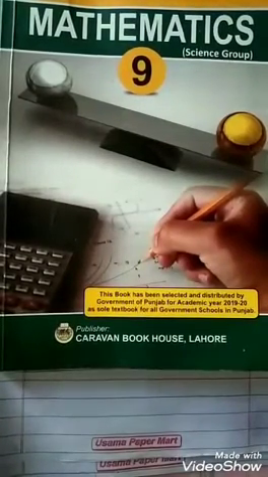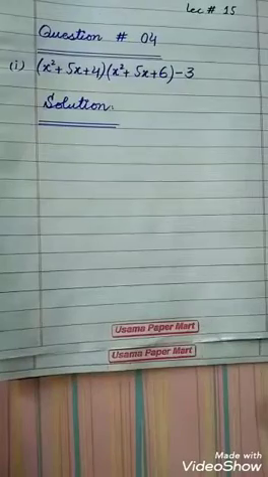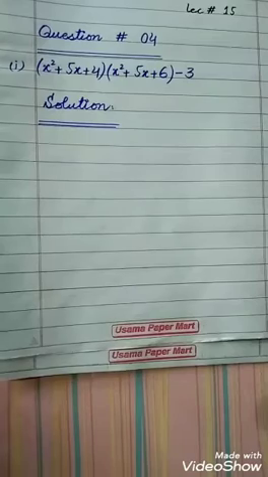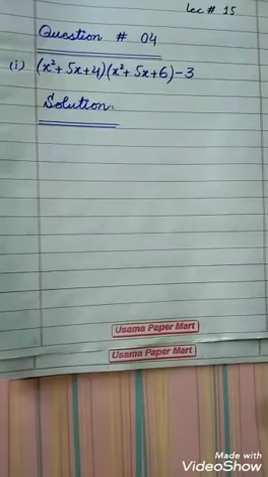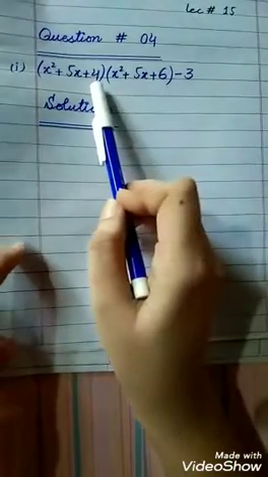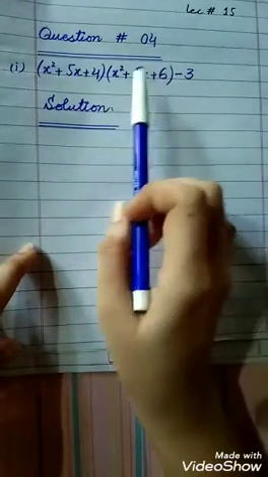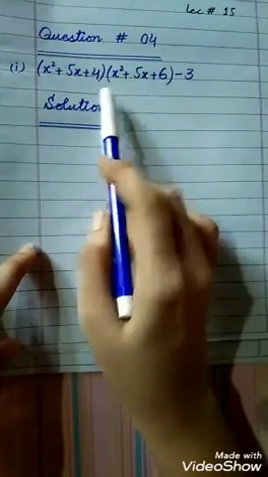Mathematics exercise number 5.2, question number 4 today. Yes, have a look students, question number 4, lecture number 15. Question number 4 is we have to make its factors. Basically these are not factors, because if here is positive 4 and here it's positive 6, it means factors are not made. We have to make factors by ourselves.